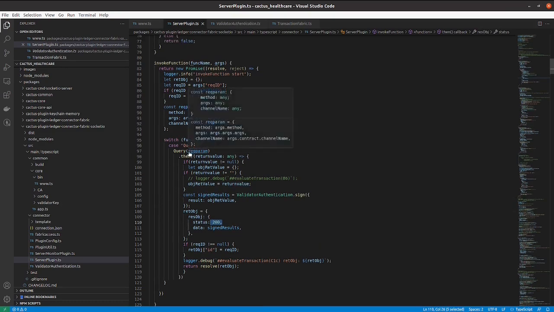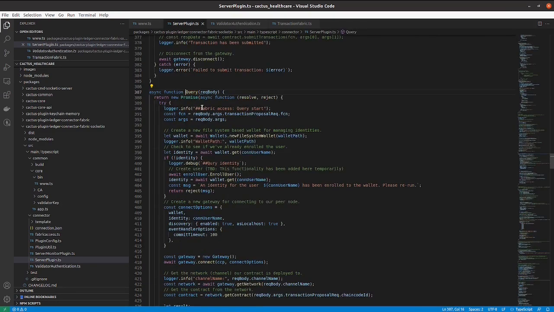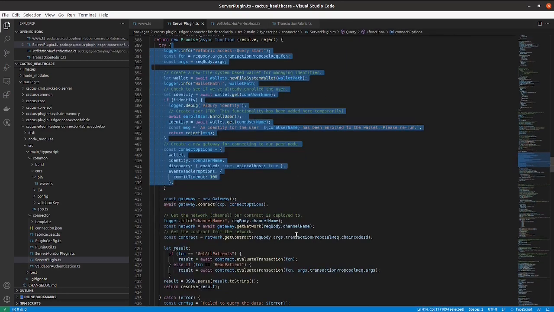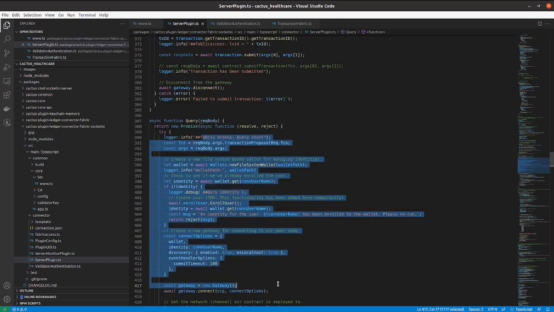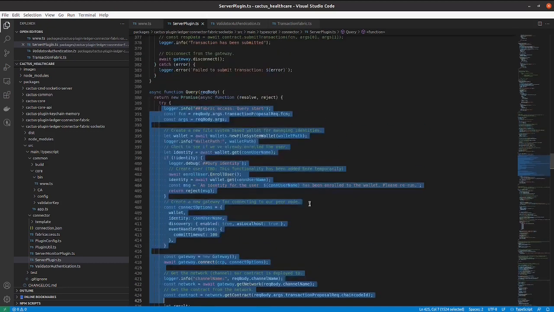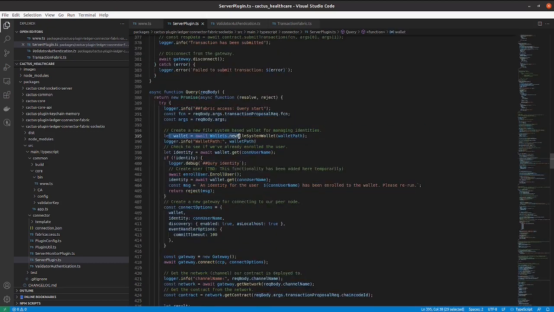Now let's go to the query method. This function is used to connect to the blockchain and get a value from the ledger. These steps are similar to what we did in the Hyperledger Fabric tutorial. First it is creating a wallet object, then checking whether the user exists or not.